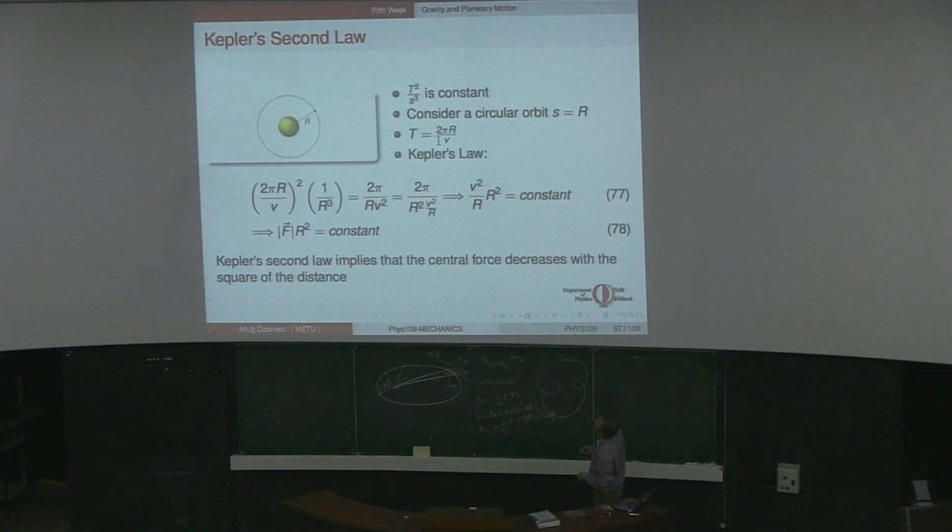Now let's look at Kepler's third law. This is not the second law, this is the third law. What does it mean in terms of our current knowledge about the language that Newton invented? Kepler's third law just relates the period and the, well, S is not actually the radius, but if you take an ellipse,